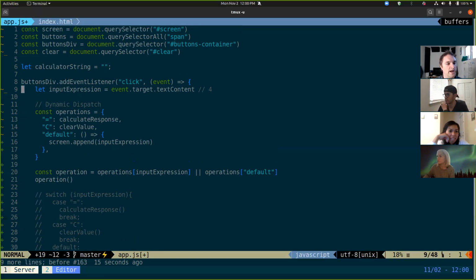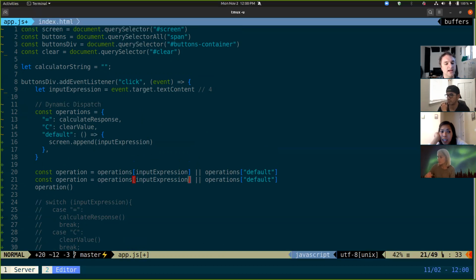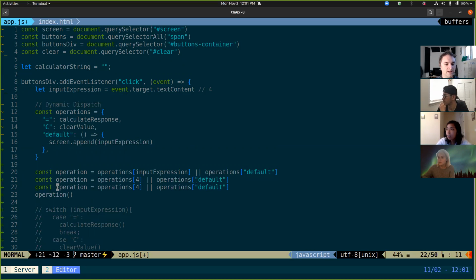All right, so I grab this input expression, it's 4. And then let's say that the way that this line ends up working becomes that, because input expression is 4. So I'm saying, all right, look up operations 4. And it goes, cool. I got an equals, I got a C, I got a string called default. I don't have a 4. And so it goes, all right, well, that becomes then